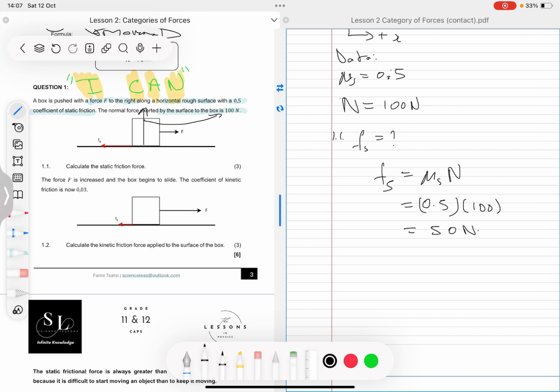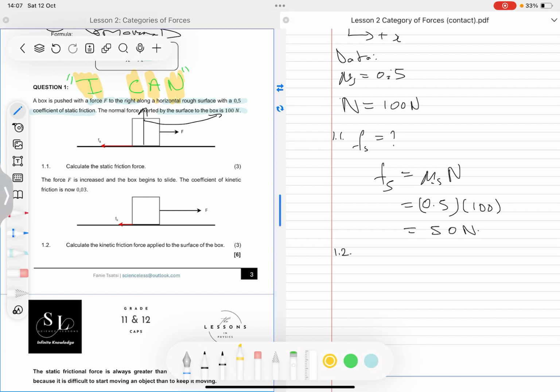we can do is to change parameters and see how this number will change. If we change one of these, how these numbers will change. And actually in this question, they're doing that. They're telling us then now, when we continue in the question, to say the force F is increased. Look at this. They change parameters. They say the force F is increased,